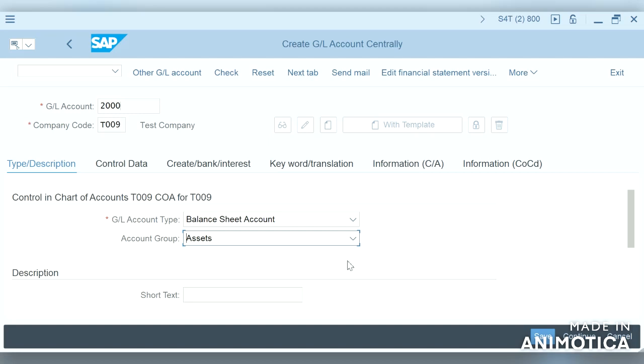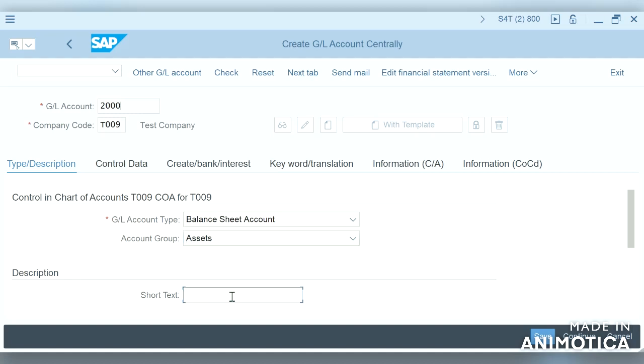Account groups are generally created based on the high level presentation of the financial statement as per accounting standard. The main purpose of all this configuration and documenting the financial transactions is for reporting purposes. So we will create account groups based on the high level presentation of the financial statements.